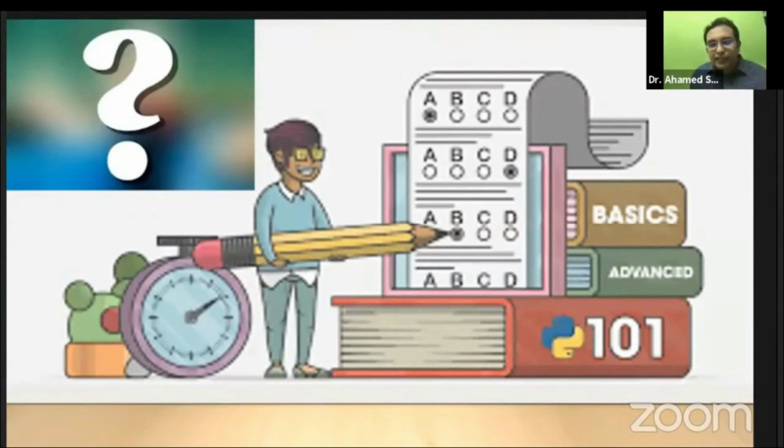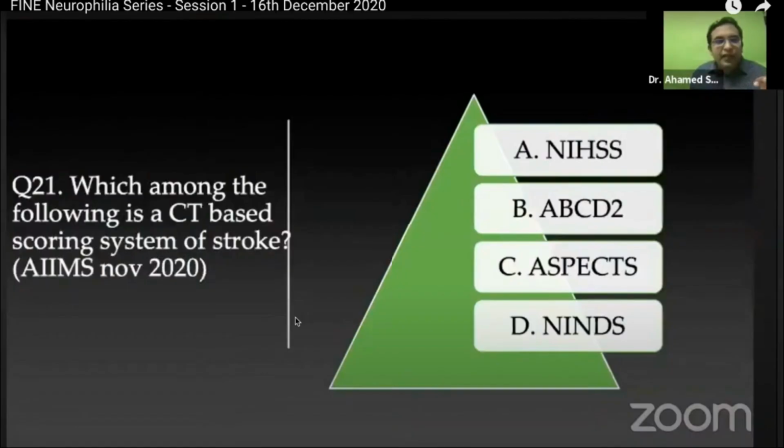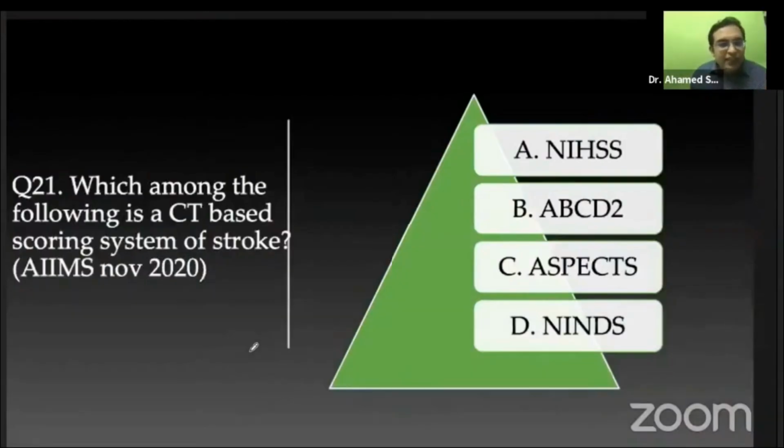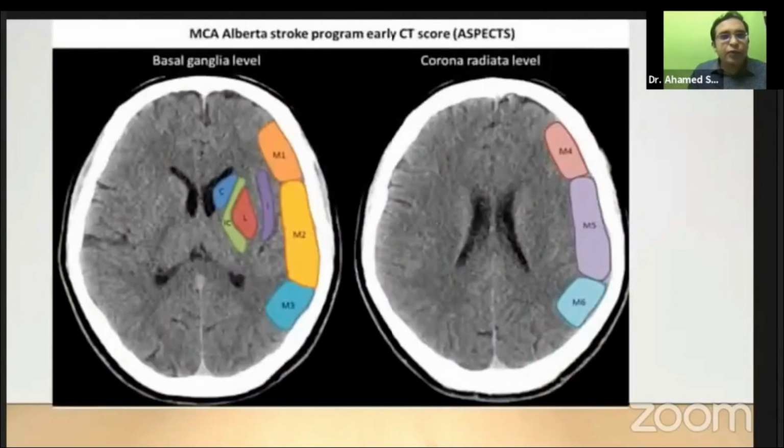So as you know, the recent NEET was over, multiple institute exams were over, and one of my students, Dr. Shiva Prakash, had helped me compile a few questions, and this was actually asked in the recent November 8th. What do you think the answer is? The answer is ASPECT score. Yes, rightly someone has put in the chat box, ASPECT score. So do you think ASPECTS is only used for CT? It's actually the Alberta Stroke Early CT Scoring system, and less than 6 is actually a bad score.